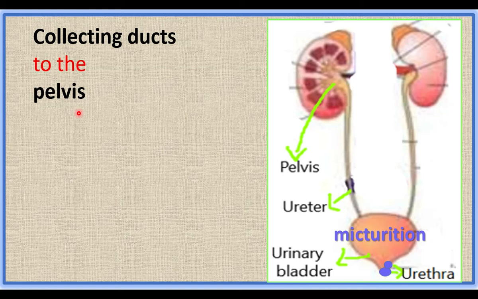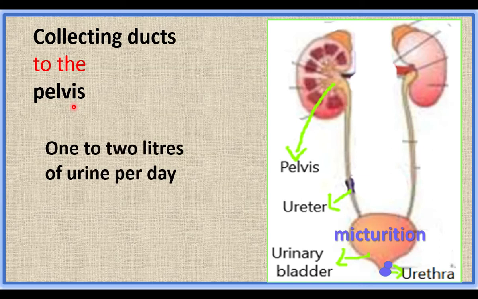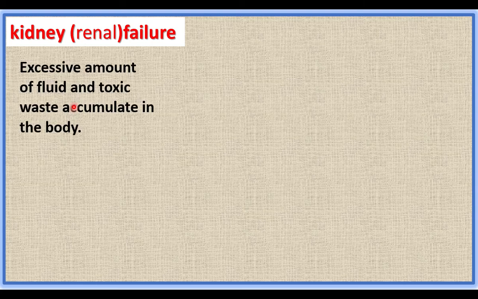If kidneys are functioning, excess water will be sent out in the form of urine. Waste materials are sent out in the form of urine. If kidneys are not functioning, all the waste materials remain inside the body. The excess water will be inside the body. That is harmful to the body. When the waste materials are not filtered by the kidneys, that is called kidney failure. If there is kidney failure, an excessive amount of fluid will be inside the body and waste materials remain inside the body. So to protect the life,